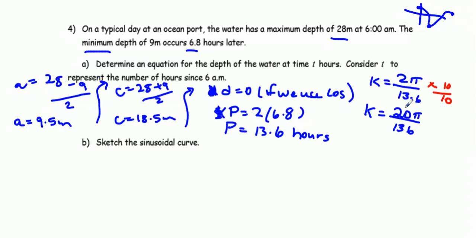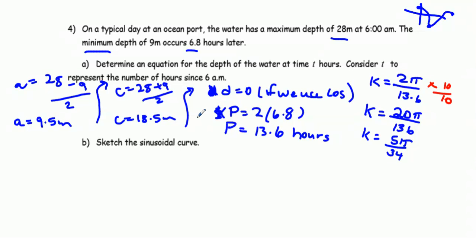We don't like to mix fractions and decimals. So in multiplying by 10, I got this to be 136 on the bottom, so I don't have any decimals anymore. And I'm now going to just simplify this fraction, and it came out to 5 pi by 34. Okay. So I've got my k, I've got my A, I've got my C,